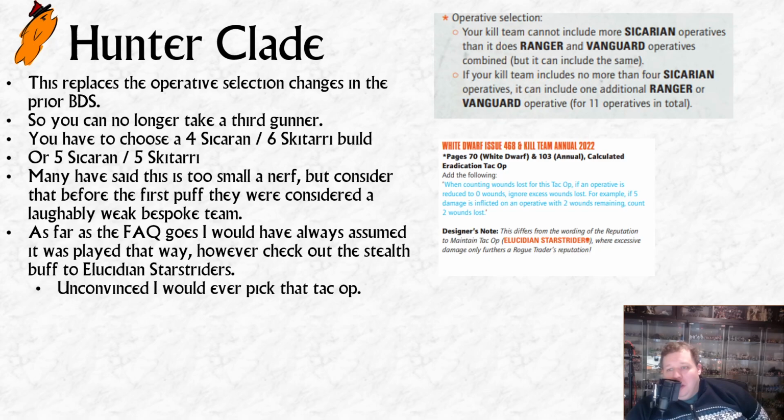Like, well, you can keep the changes to the Doctriner, but you can lose the extra gunner. And you can have an extra guy, but only if you don't take 5 Sicarians, but you can still take 5 Sicarians, but if you do, you can't have the extra guy. They have desperately tried to split the difference here between the unbuffed state of Hunter Clade and the buffed state of Hunter Clade, right? So I think this is exactly the right incremental nerf they should have done.